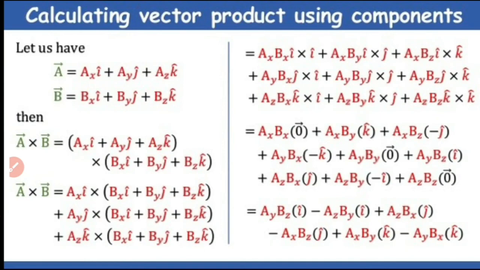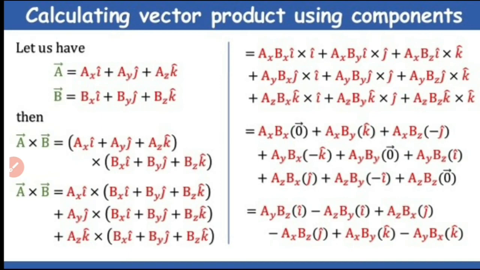Now the vector product in terms of components. So we take vector A as axi plus ayj plus azk and vector B as bxi plus byj plus bzk. Therefore we know vector A cross vector B equals axi plus ayj plus azk cross bxi plus byj plus bzk. We just substituted. Now term by term we have to do multiplication or take the cross product, then we have to simplify.